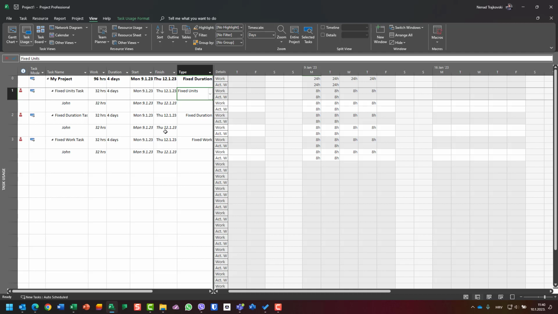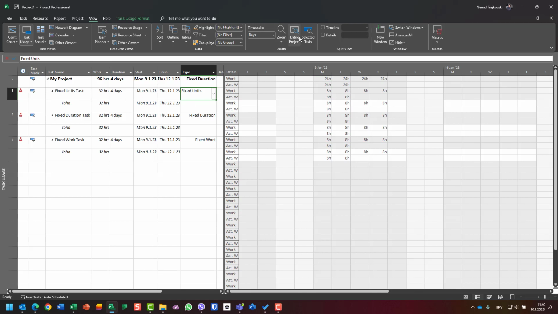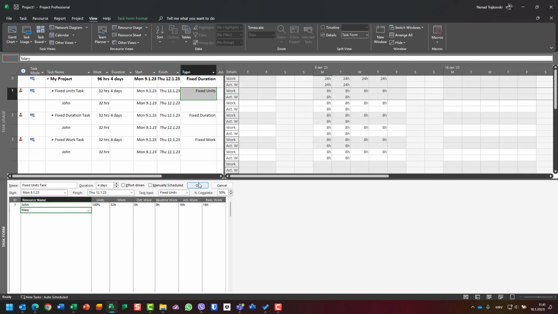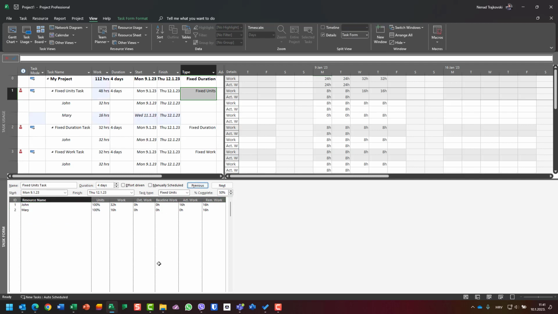Now let's say that for some reason on all of these three tasks we need Mary to work with John. What will happen if we go to the fixed unit task? For this I'm going to go to the details screen. I will use task form, and I will right click that I need work. Okay, now I can see that I am on the fixed unit task. I have John, and I will add Mary. When I click on OK, you will see that Mary is not going to work 32 hours as John was